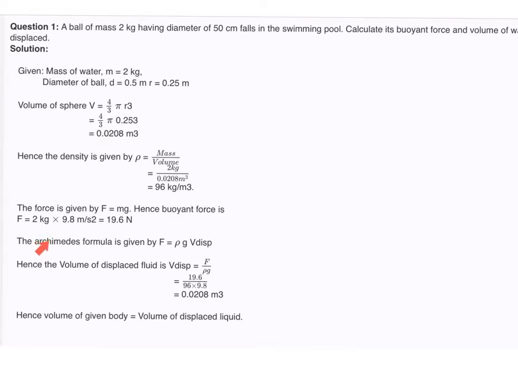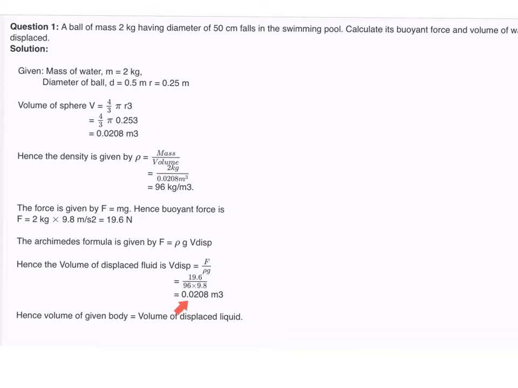If we plug that information into Archimedes' formula, remember that force equals density times the acceleration due to gravity times the amount of displaced fluid. And so we plug our information in. If we want to know how much water was displaced, we would take our force, which was our 19.6 newtons. We would divide that by our density, which was 96, and we calculated that right here. And then multiply that times 9.8, which is the acceleration due to gravity, and we would get a volume of